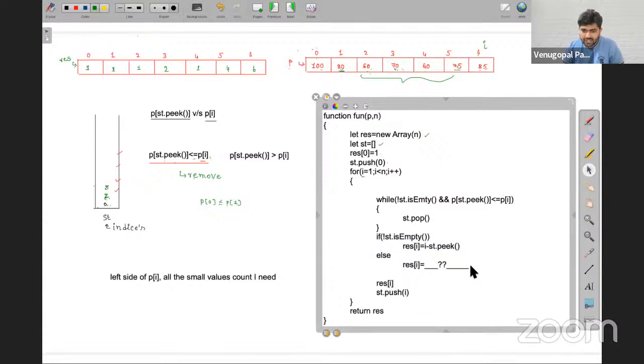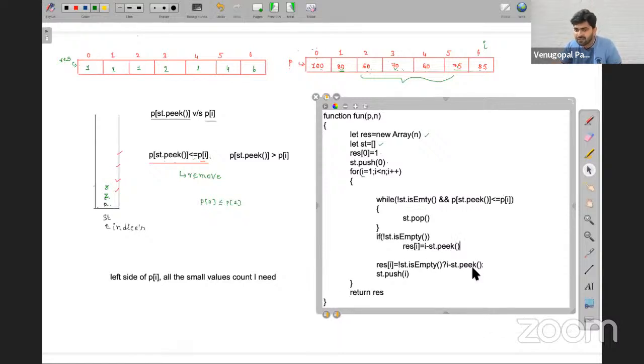So resultant of i is equal to, what I'm checking: if my stack is not empty, that is true, then I will keep i minus st.peek. If that is false, what to write is your homework. You try to work out, you will get some pattern. With that pattern, you will be able to fill that.